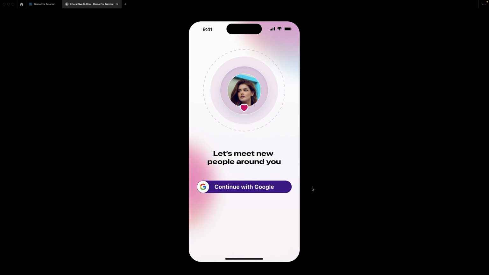Creating interactive buttons is a fundamental aspect of web design that can elevate the user experience by providing engaging and intuitive navigation. However, with so many websites and applications competing for users' attention, it can be challenging to make your buttons stand out. In this section, we will explore how to create animated buttons that will not only enhance usability, but also add a touch of creativity to your design.